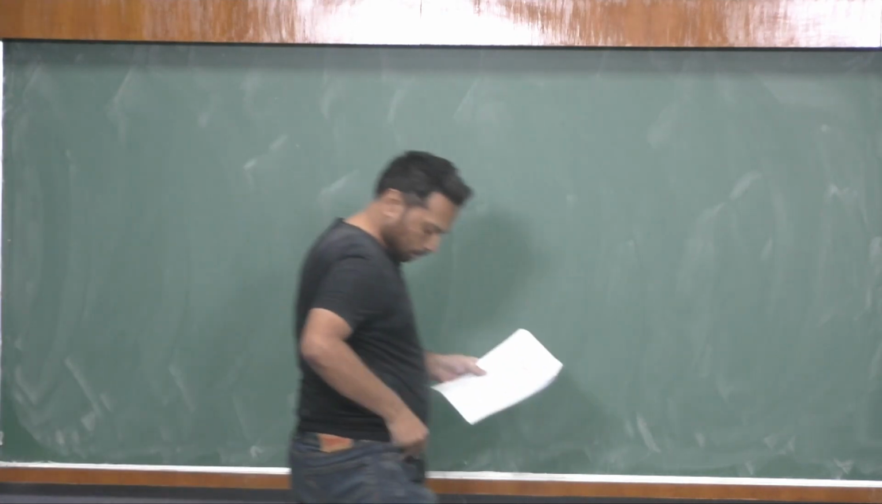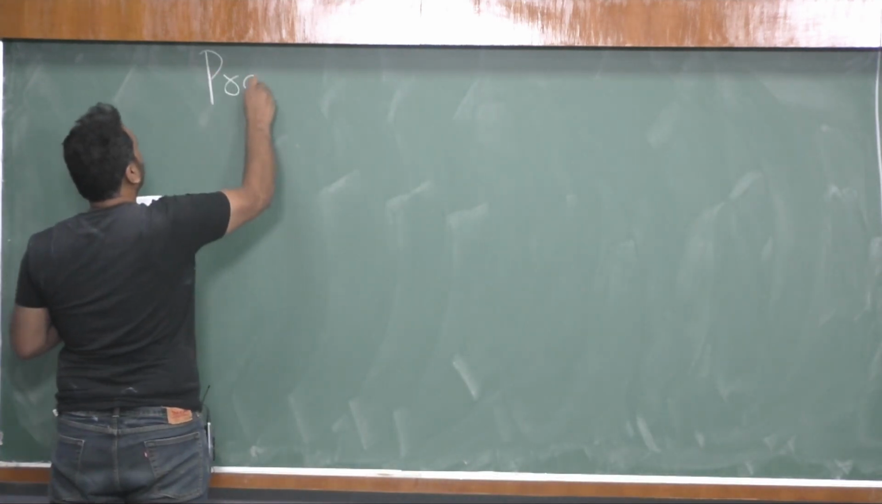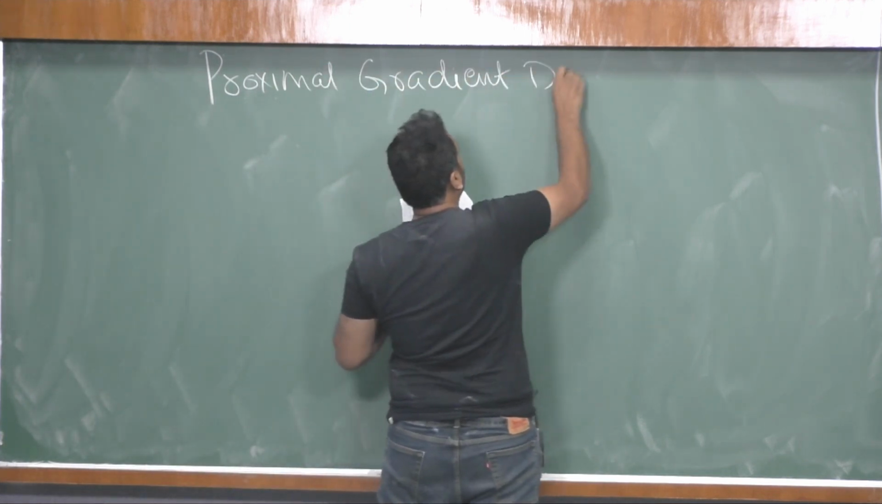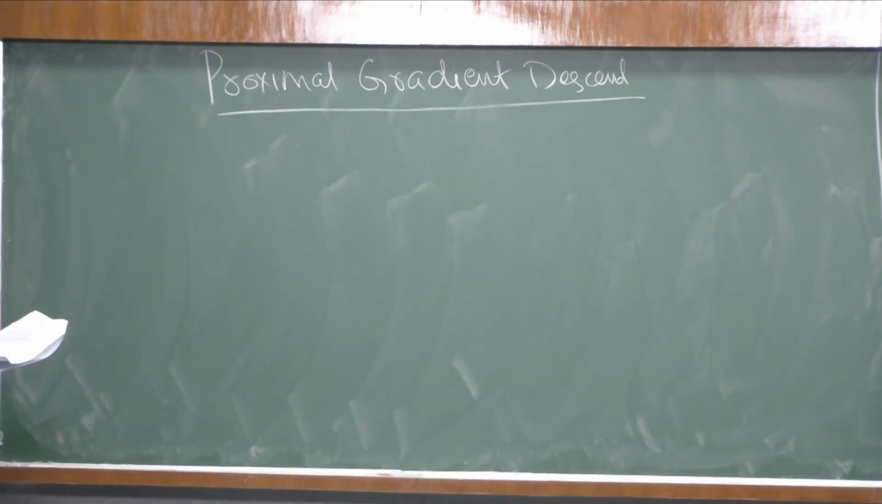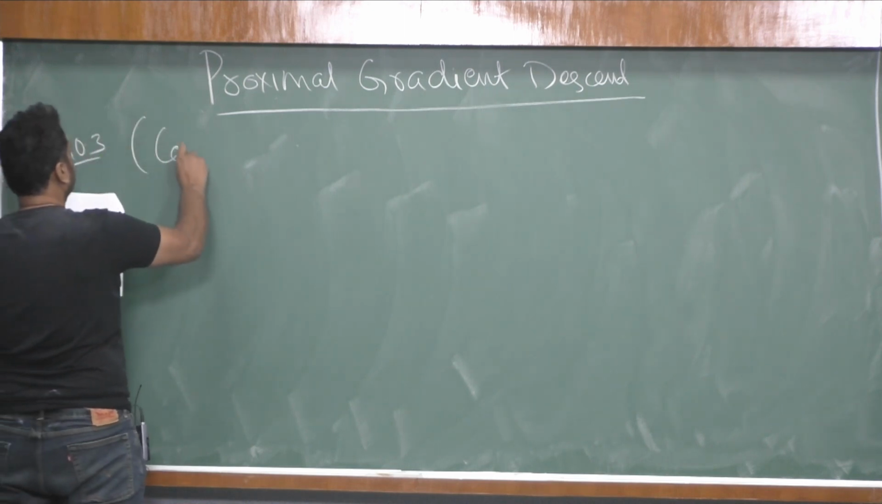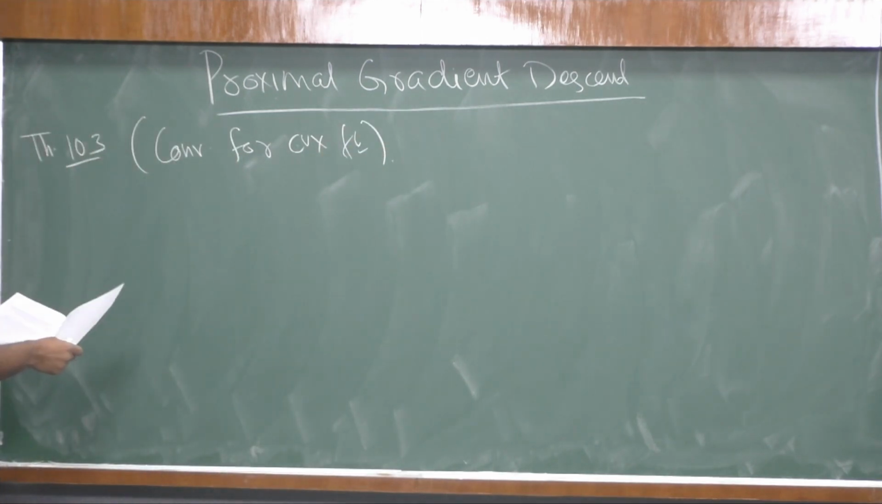So we were doing proximal gradient descent. And we proved this for convex functions in the last class. We did theorem 10.3, and that was convergence for convex function. And we try to wrap up two more theorems, which is now